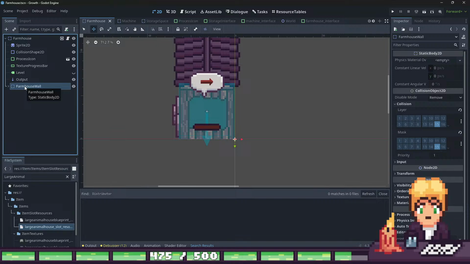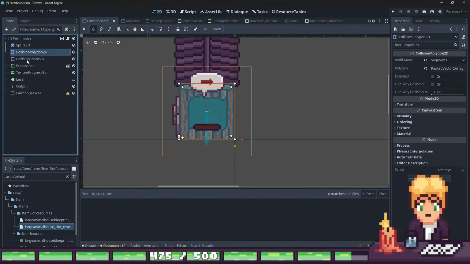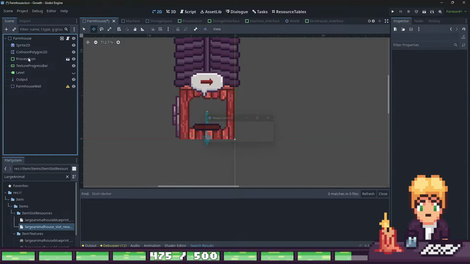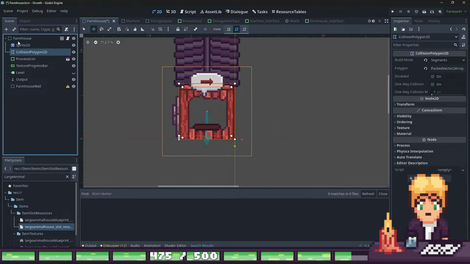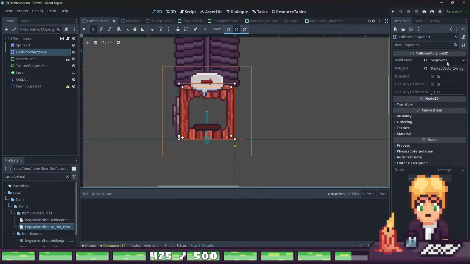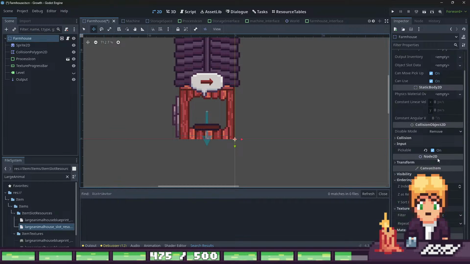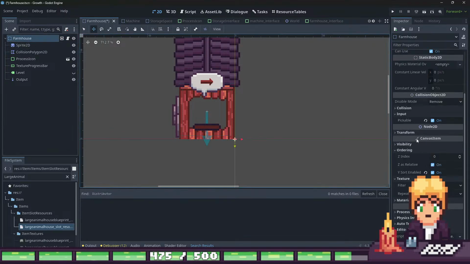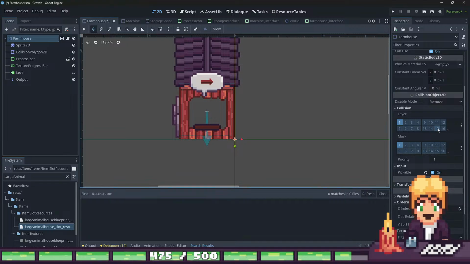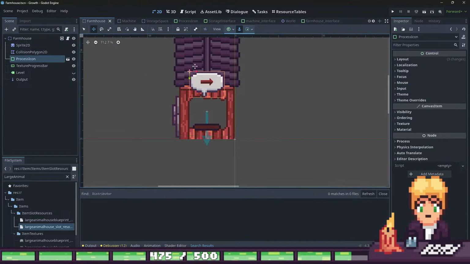I think I don't need to do it, but just do it this way. And here we just say that farmhouse is also on layer 15. When we're placing a cow inside,